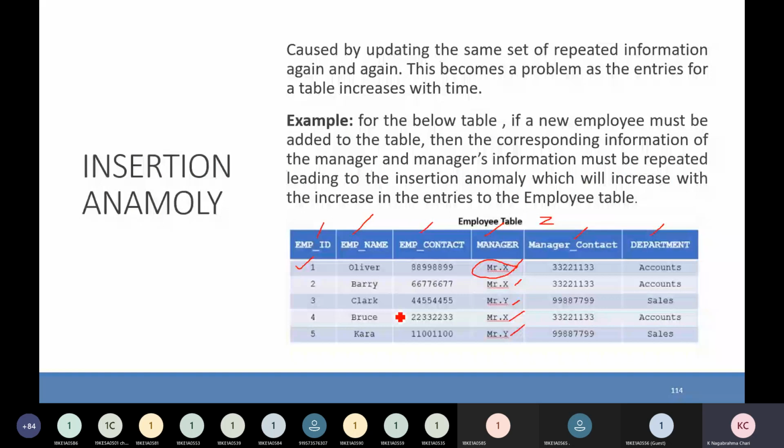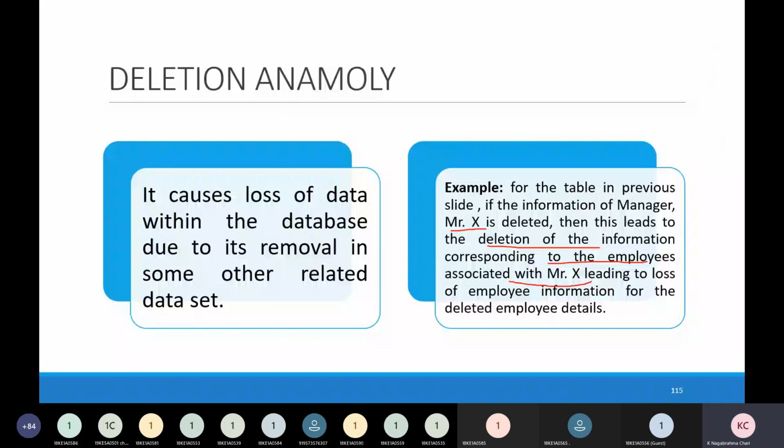So this problem is called deletion anomaly. Try to understand: it causes loss of data within the database due to a removal, and some other related data is also removed. We perform a removal operation, and it includes another data set, the employee data set, also being deleted. So this problem we call a deletion anomaly.